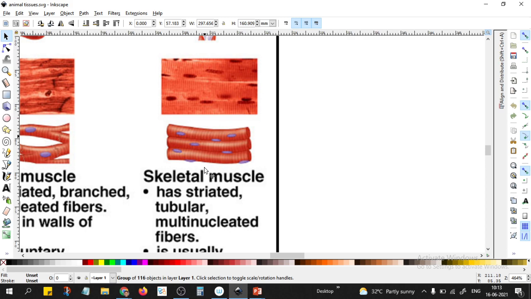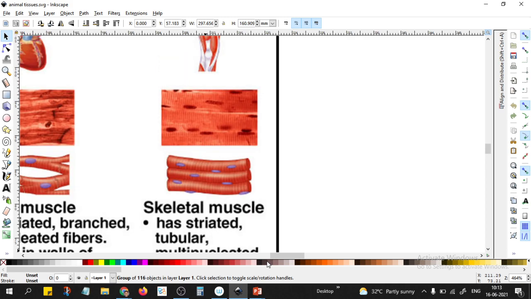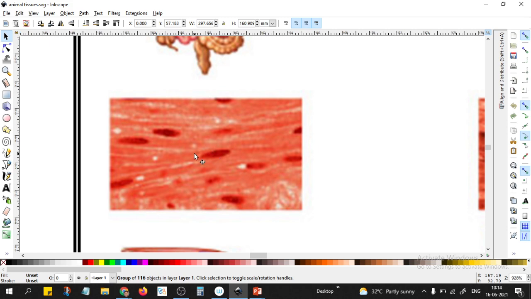Okay, this we are comparing with the smooth muscles. Smooth muscles are generally found in tissues like the intestines, stomach. So there we don't really need to make a lot of voluntary movements. When we look under the microscope, this kind of banding pattern is not there. Okay, it's smooth, nucleus is there. It is involuntary, it is not under our control. And if you look at the structure, they are not so much bundled like the skeletal muscles.